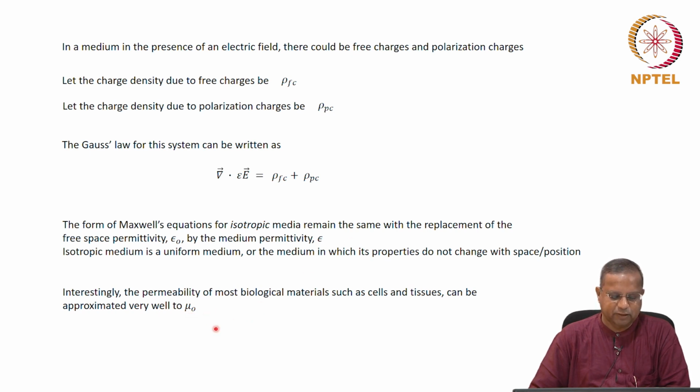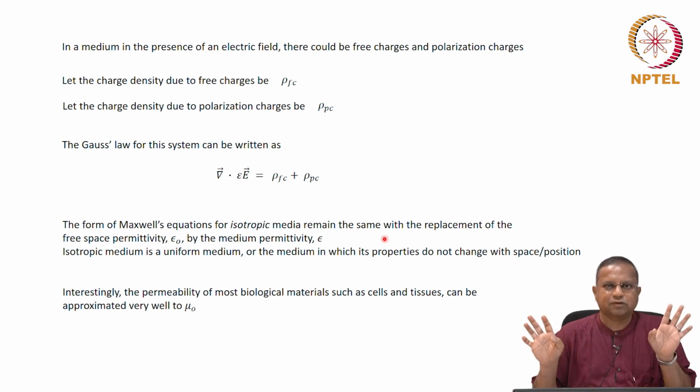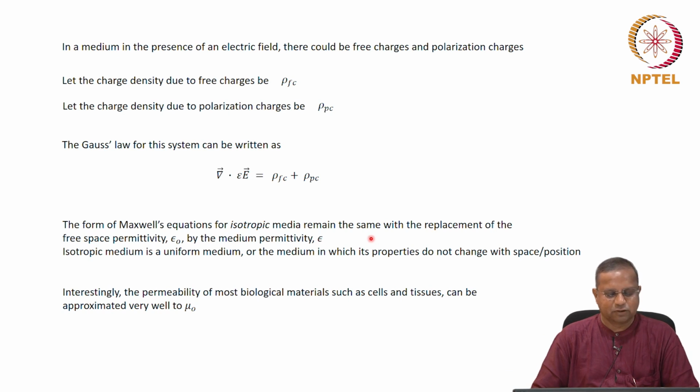So just by making these changes, you just need to make one change here. You don't even need to change mu, just leave it as mu naught, and your Maxwell's equations would be applicable. So this is one aspect: recognizing that we need Maxwell's equations for a biological medium, we have modified the equations, and people have found that there's not much of a modification required. You just change the permittivity of free space with the medium permittivity. That's it. The equations will be valid. Okay, we'll take it on that.